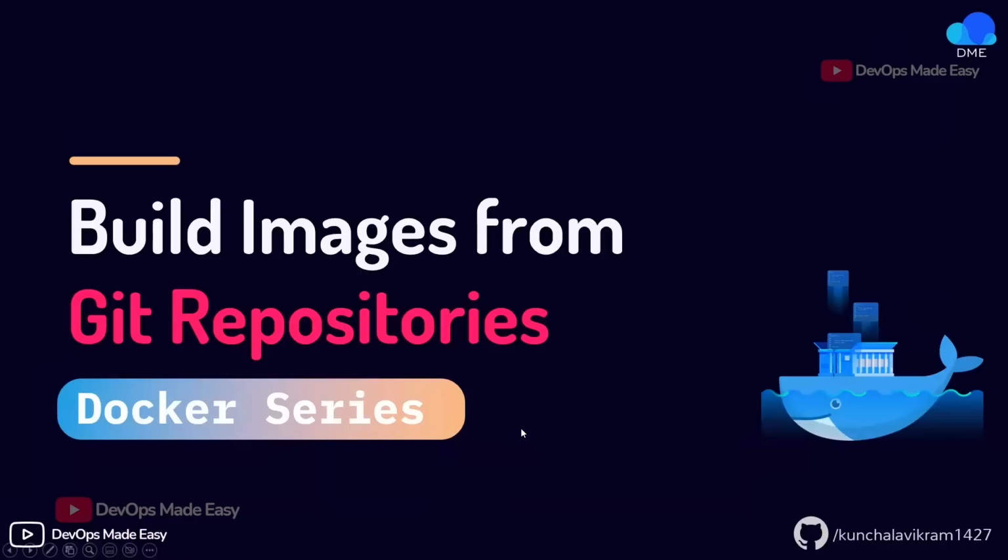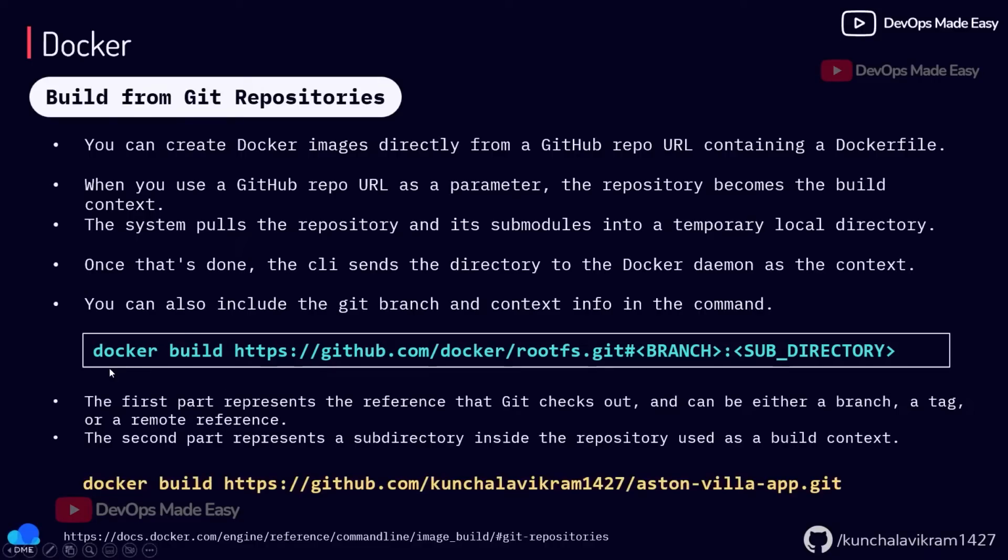So you can also build images from Git repositories. The meaning is if you already have a Git repository that has a Dockerfile, there is no need to clone it locally and then invoke the docker build command. What you can do is use docker build and whatever -t tag that you give. But instead of using dot as the context, you just have to give the Git URL that has your